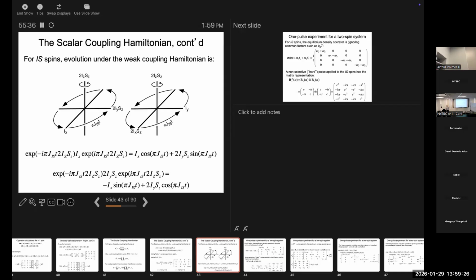I'm a little confused. If you don't have the delay and you just start with IX and let it evolve, you're seeing two peaks that are positive. But if you wait a certain amount of time, you start to see one negative. It's a little hard to conceptualize. So the question is,